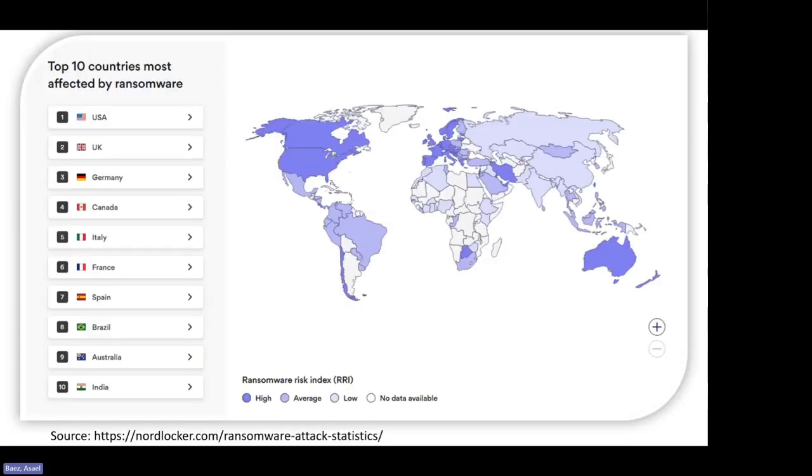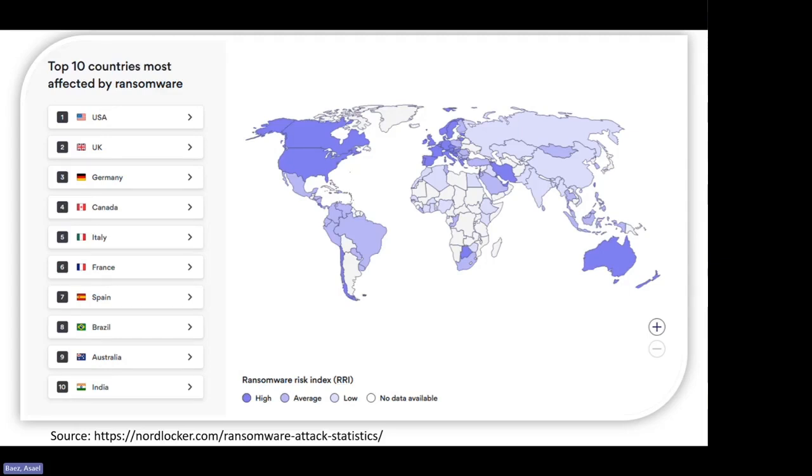I'm pretty sure most of you know where Cuba is, but Cuba doesn't get many attacks because they don't get many connections to the internet. It is very well restricted, as you may know. So the answer to the question: the U.S. is definitely at the top, as well as the UK and Germany.